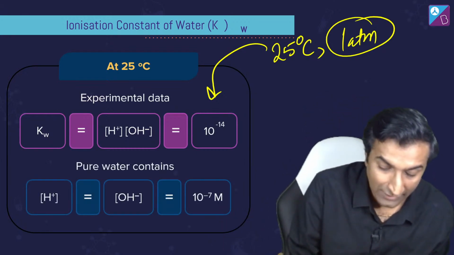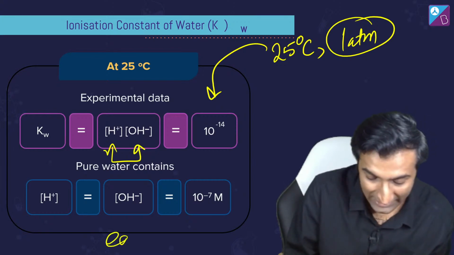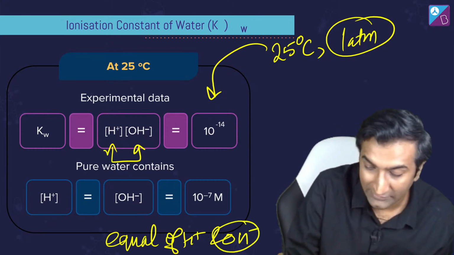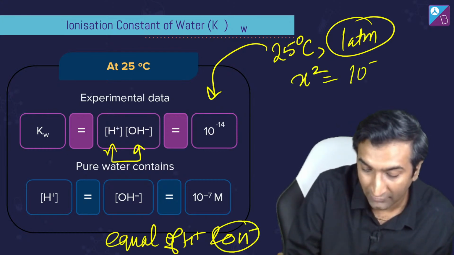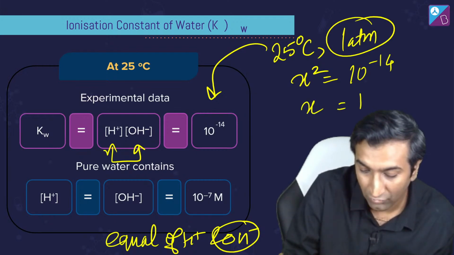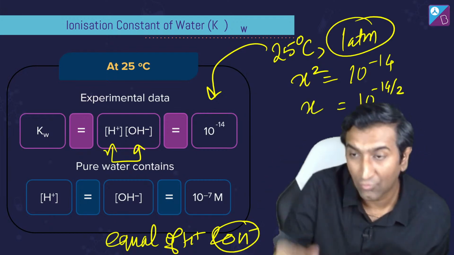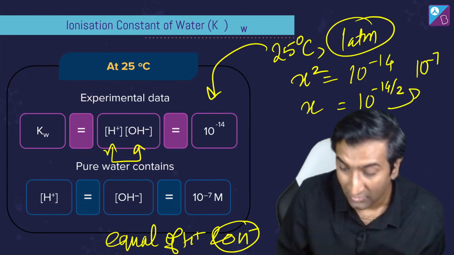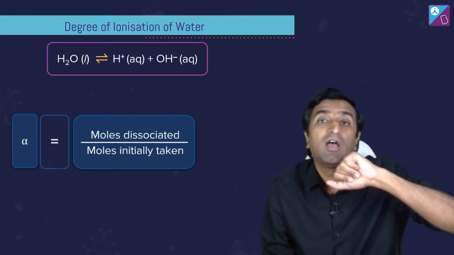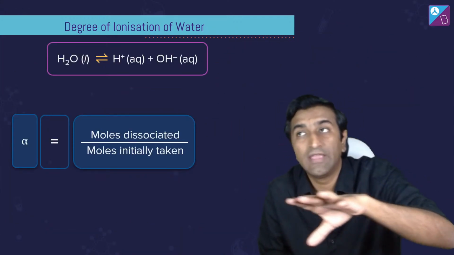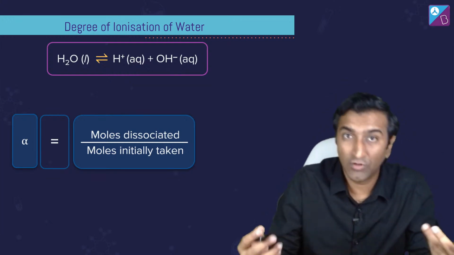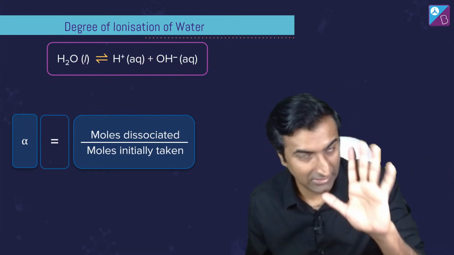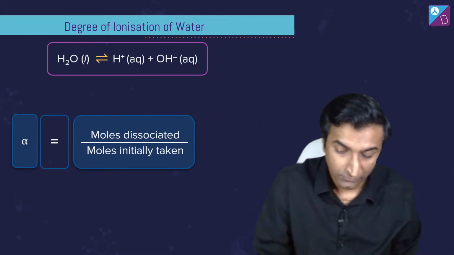So pure water, if I were to take this, I remember I told you they have equal amount of H plus and OH minus. तो अगर equal होगा, then I will say कि अरे x square is equal to 10 power minus 14. अच्छा, फिर x will be equal to 10 power minus 14 by 2. ये exponents का रूल है ना, तो बन गया भाई 10 power minus 7. What is x? The concentration of both H plus and OH minus ion. इसी से हमको मिलता है कि अच्छा, so we have the इतना छोटा value, the concentration is just 10 power minus 7. Nothing. But keep this in mind. बहुत छोटा value, but it is very real.